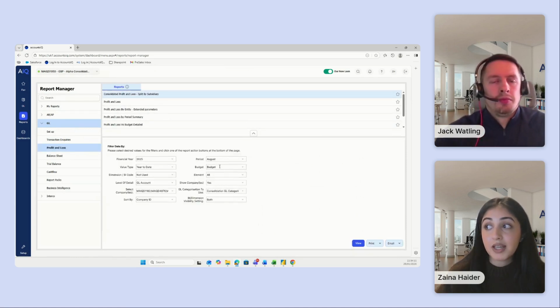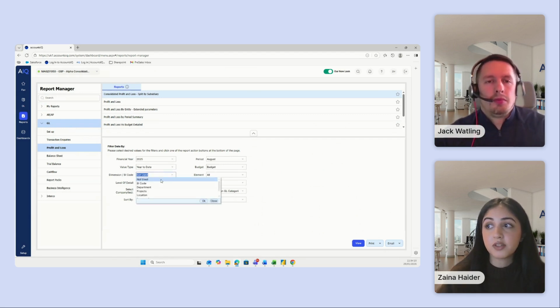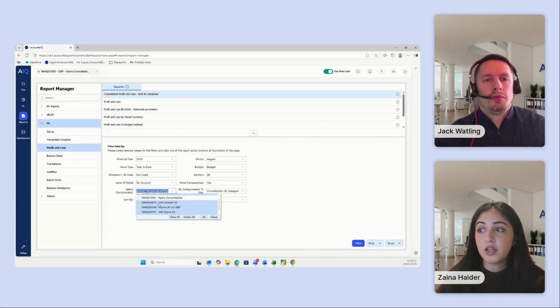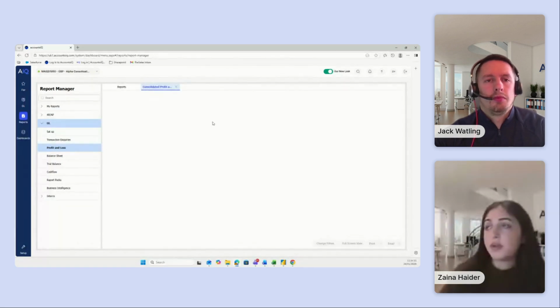So what I'll show you is that consolidated P&L and how easy they are to run. You can run it against a budget. So again, you can roll up your budgets into there, and you can also slice and dice that consolidated P&L based on your analysis structure. But I'll leave it on an overall level again. I'm also able to select which entities I want to include in that report. So I can pick and choose which entities I want. And if I view that one here,